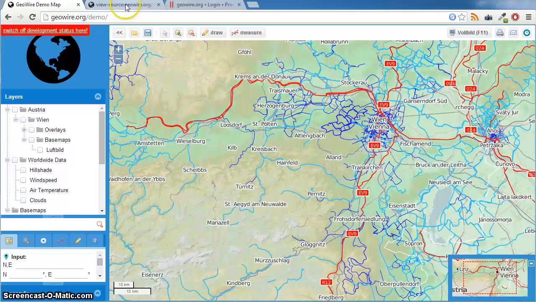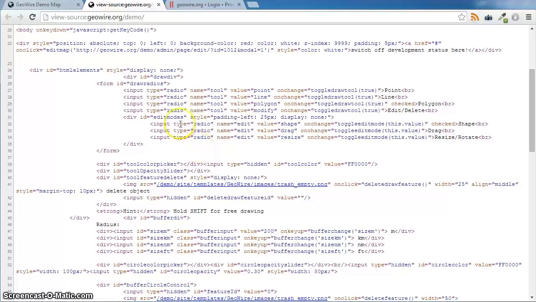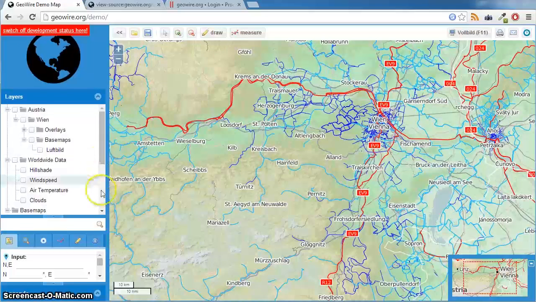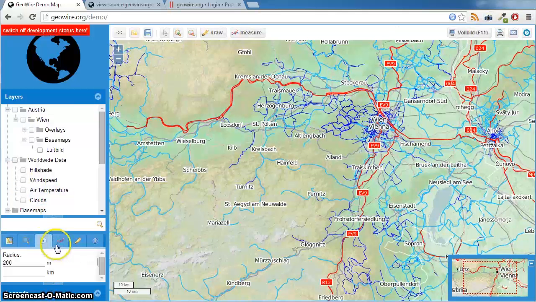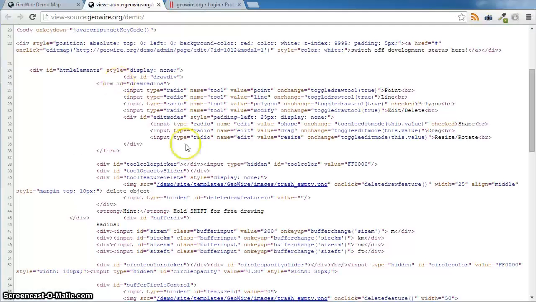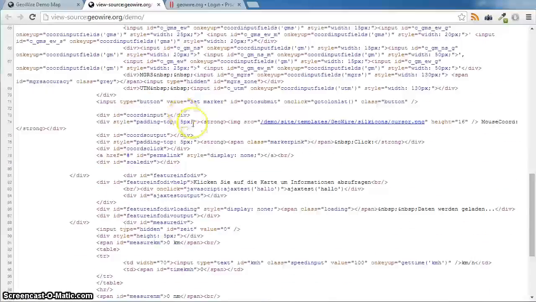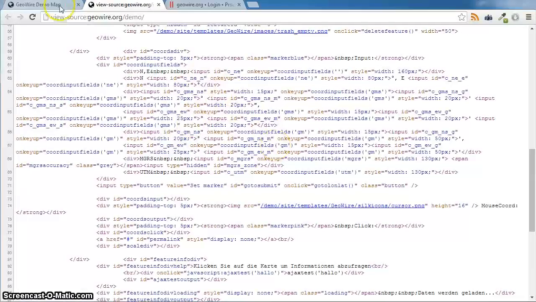But it doesn't matter where the HTML is here. JavaScript loads it here or in this panel or in this panel or here. So it's just in our HTML file we have to have the HTML with all the IDs so that we can call it in JavaScript. So that's all HTML, all the input files for input fields,